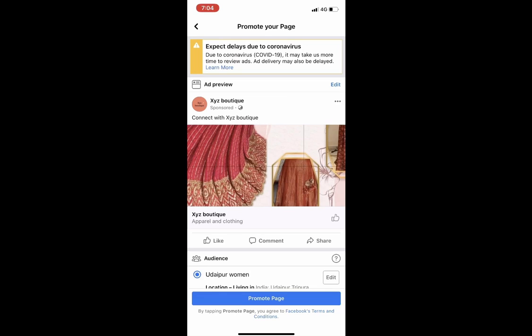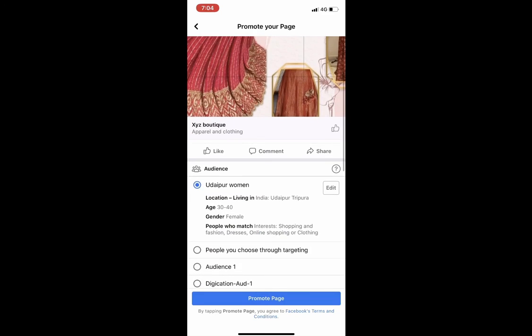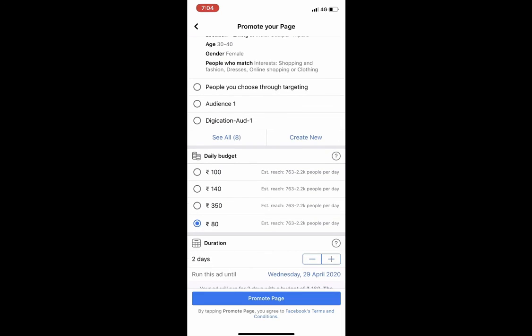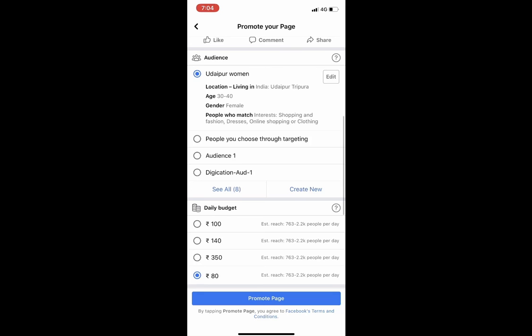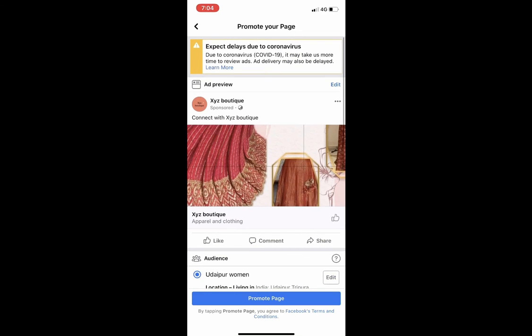That's how you can achieve more page likes. Of course, when more people see your page, more people will like it. So of course you cannot expect that if 763 people are seeing your ad daily, all of them would like your page. But at least 50 to 60 people might like your page, and that's how you can increase your page likes. And also if you have started posting some daily updates, you can also promote them using Facebook ads from your phone.